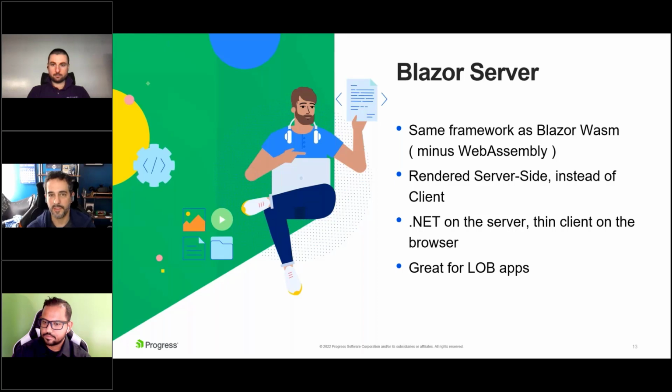So you could think of it as a thin client type of way of doing Blazor, and it's really great, in my opinion, for line of business applications. It lets you write applications very quickly because there's some opportunity here to write less code depending on what your application does. You may not need a web API layer. You can build proof of concepts and things very quickly with it.